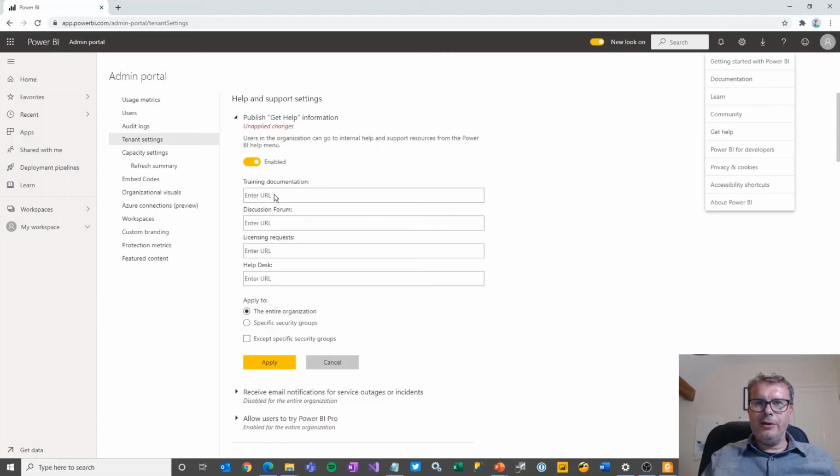And this can be a really good way, when users are looking for help, of making sure they find you rather than more generic Microsoft resources. And this can then be a way of making them aware that the Center of Excellence exists and pointing them to the resources that you've got internally available to help them.